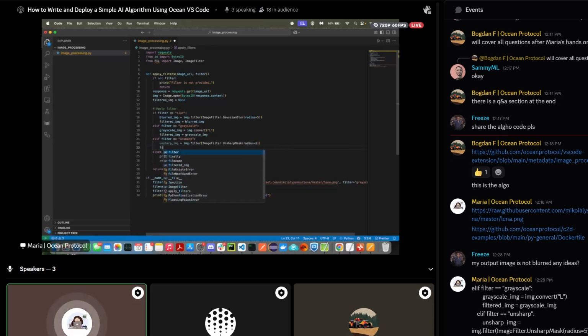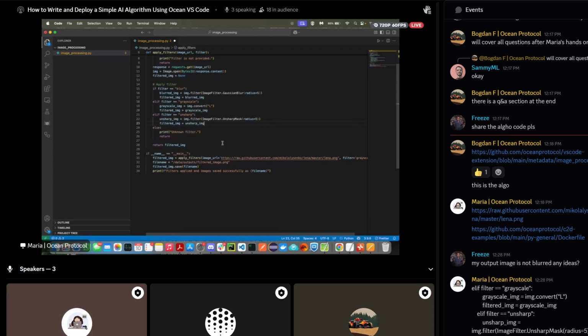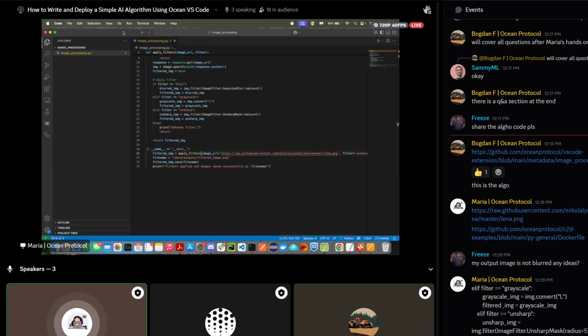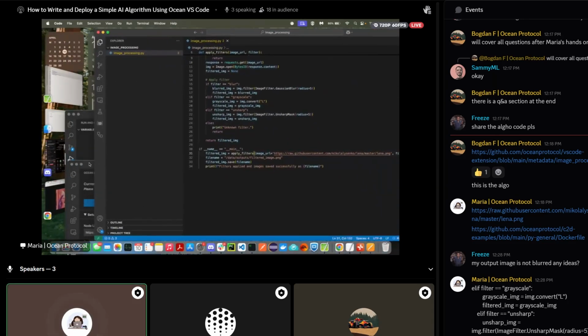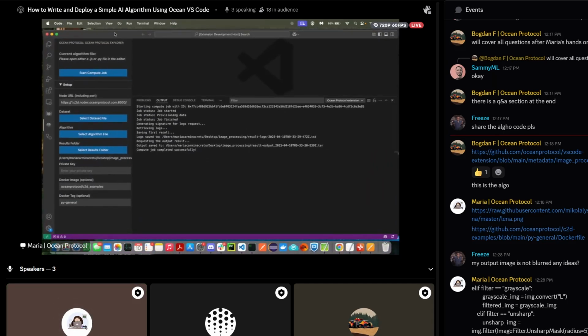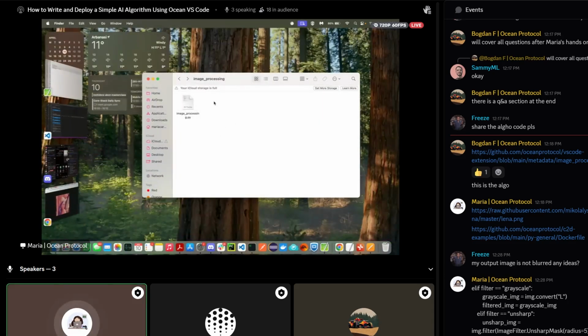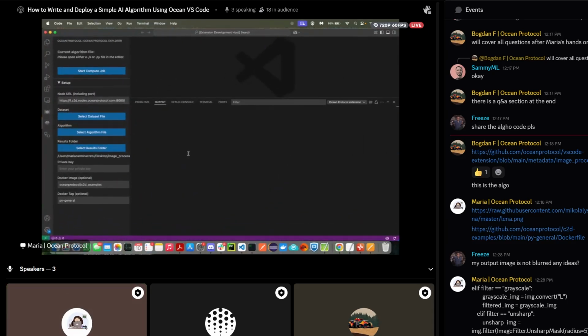Okay. Now, again, the filtered image, which will be returned, will have this value of unsharp image. And if we wanted to test this, again, we need to modify the filter parameter value from here, from grayscale, which was previously demonstrated. We will change it into unsharp. Okay, save the file. And now going back to the extension, let me clear these logs out. I think from the image processing, yes, we do not have the previous results. Just for clearness,